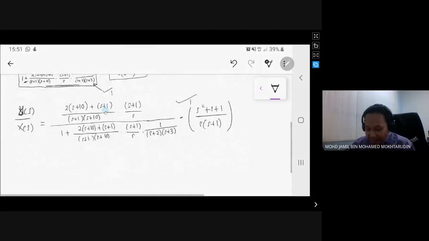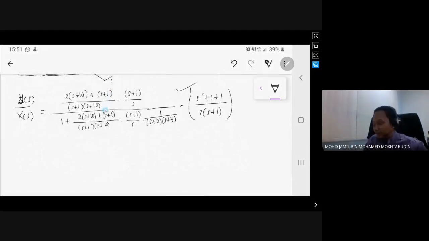And then the final answer will be to get the final transfer function, the simplified transfer function. So the simplified transfer function will be